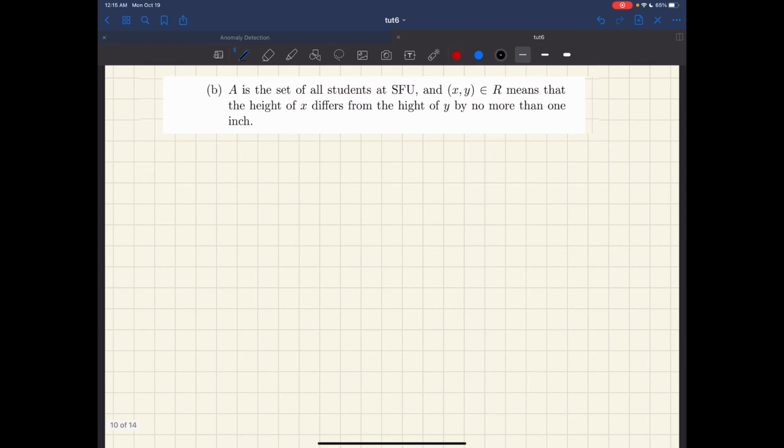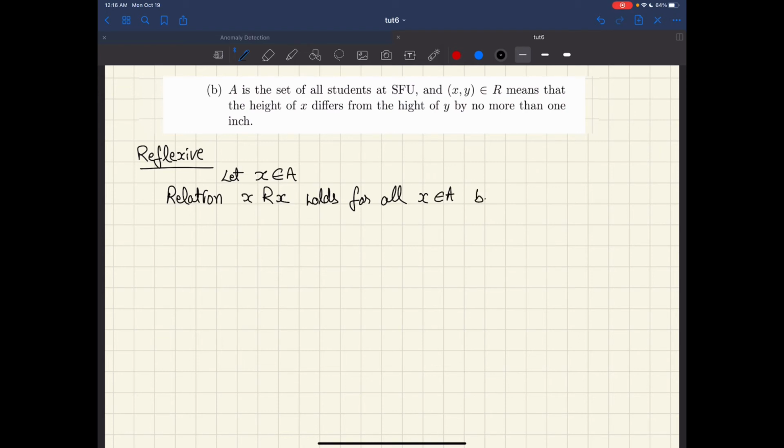Moving on to the second problem, it says A is a set of all students in SFU where X comma Y in R means they have a height difference of 1 inch. Now for reflexive, again let X be an element in A. X R X, this relation will always be true. This relation holds for all X belongs to A because the height difference of X from the height of X is 0, because we are talking about the same person actually. So that's why, since it satisfies, it's less than 1 inch,